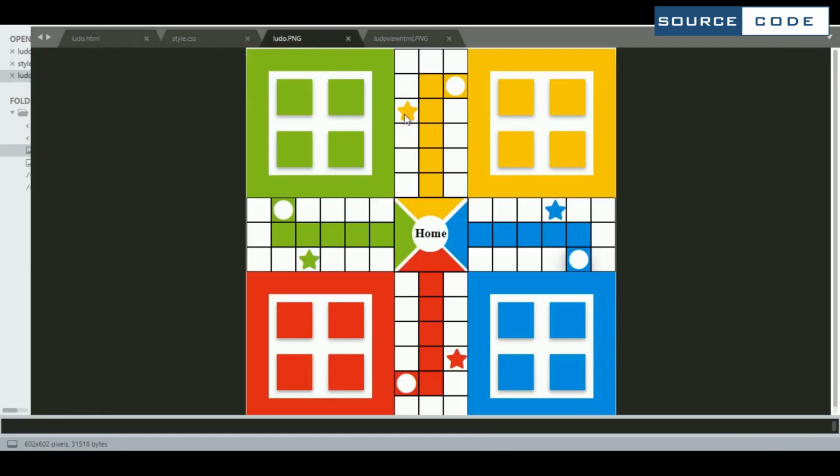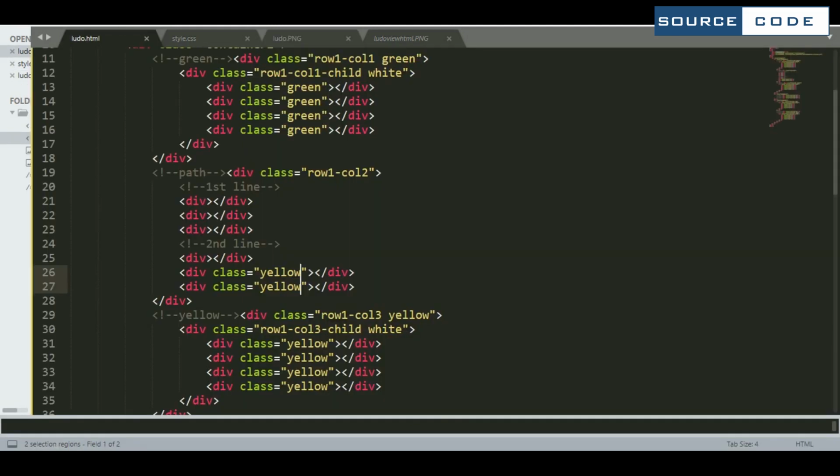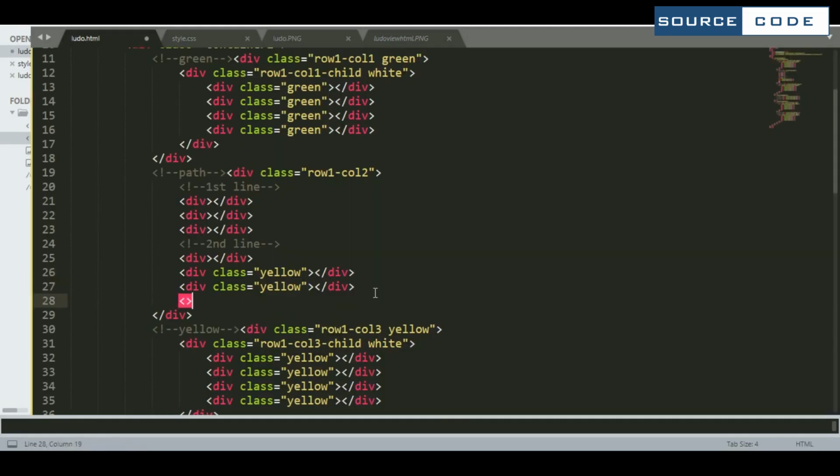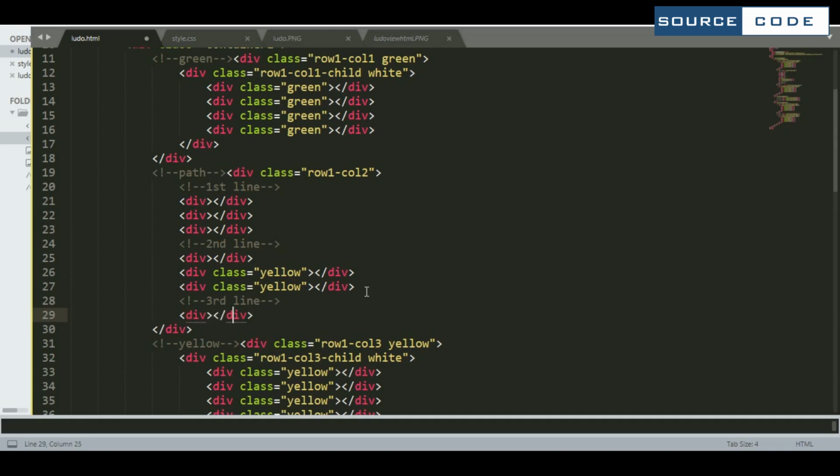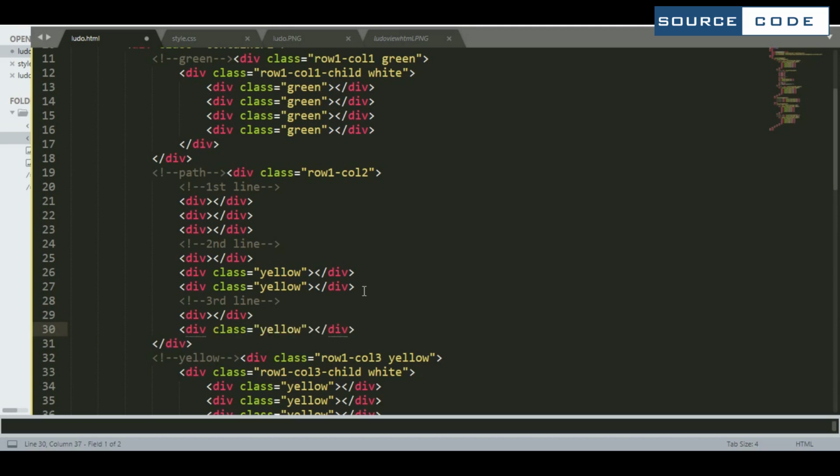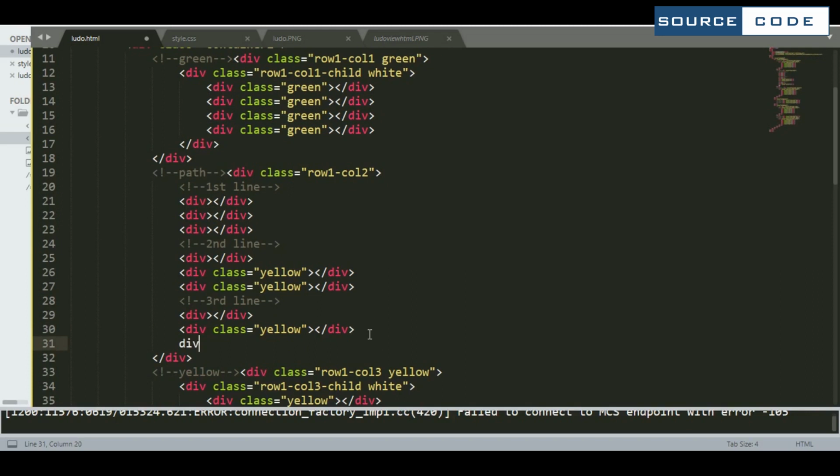So if you see here we are having three boxes, but in the middle we are having yellow, and we have to repeat this four times. So coming to this one, that is our third line. So make one normal div and one div with a class name yellow and one normal div.